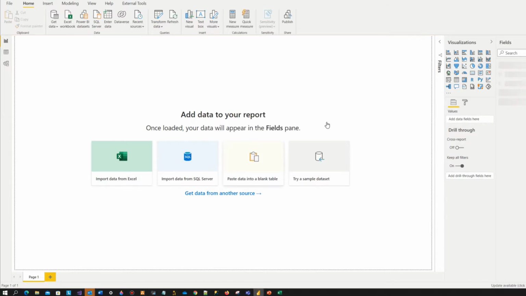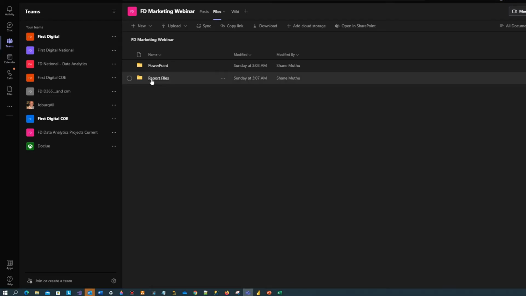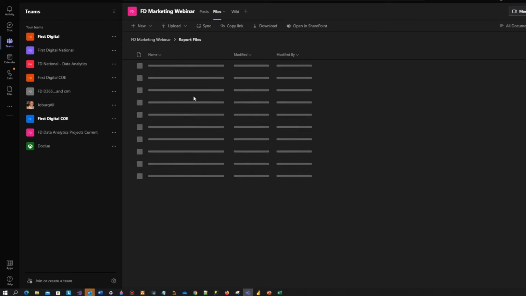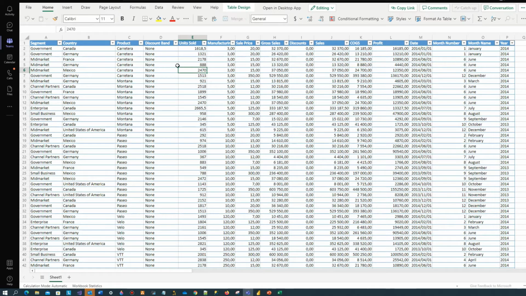As you can see, it's loading the sheet. We have the data. Excellent. Now, the second place a normal user generally has the data is uploaded into Teams. Okay, so all you need to do is click on the file that you want to import into Power BI, open in desktop,